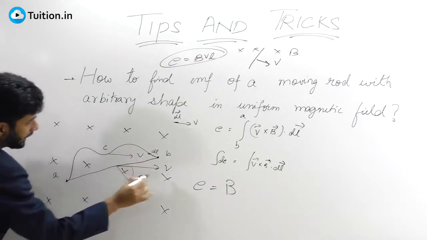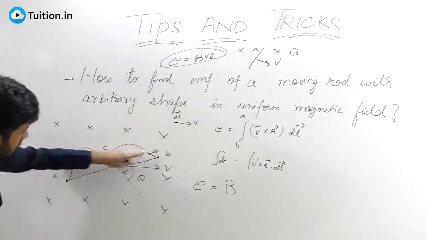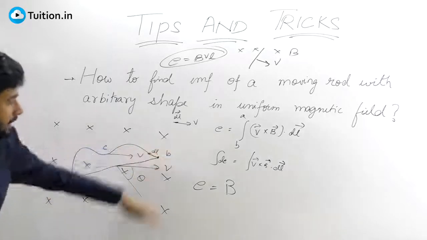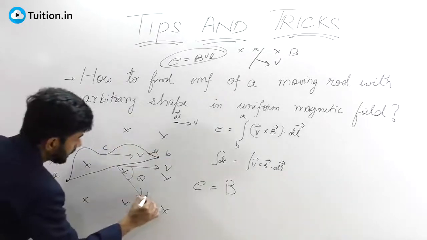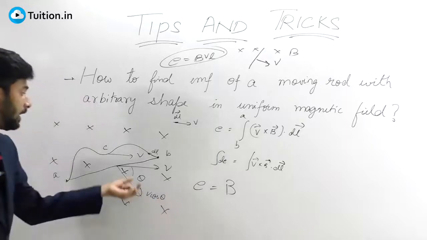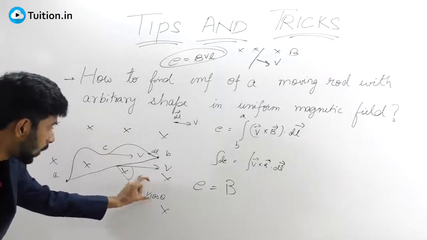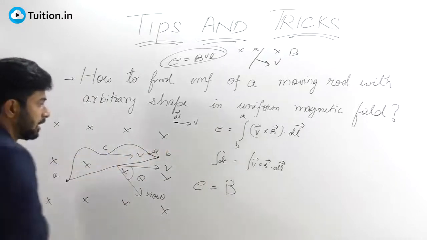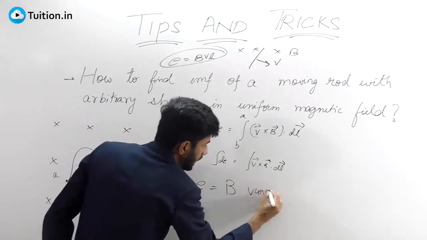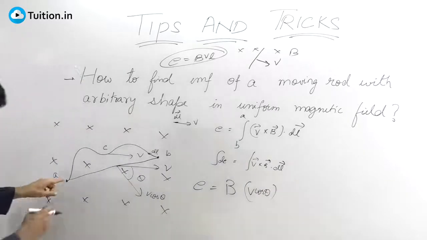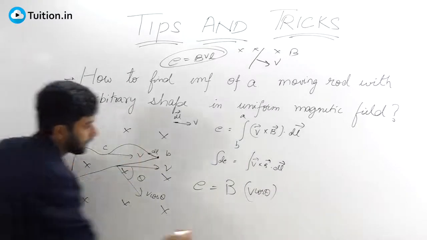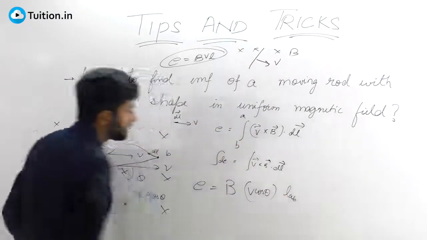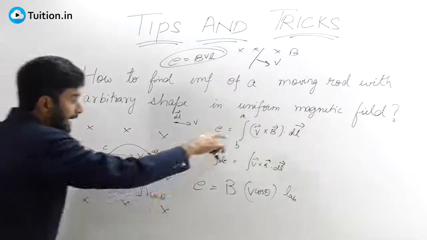Now, let's say that the angle here is theta, right? The angle between the perpendicular to the rod and v be theta, right? So this will be your v cos theta, right? So remember, you need to take only that velocity in the expression which is perpendicular to the length of this rod. So we will take v cos theta here, right? And that into the effective length, which is my length of A and B. That's the EMF induced.